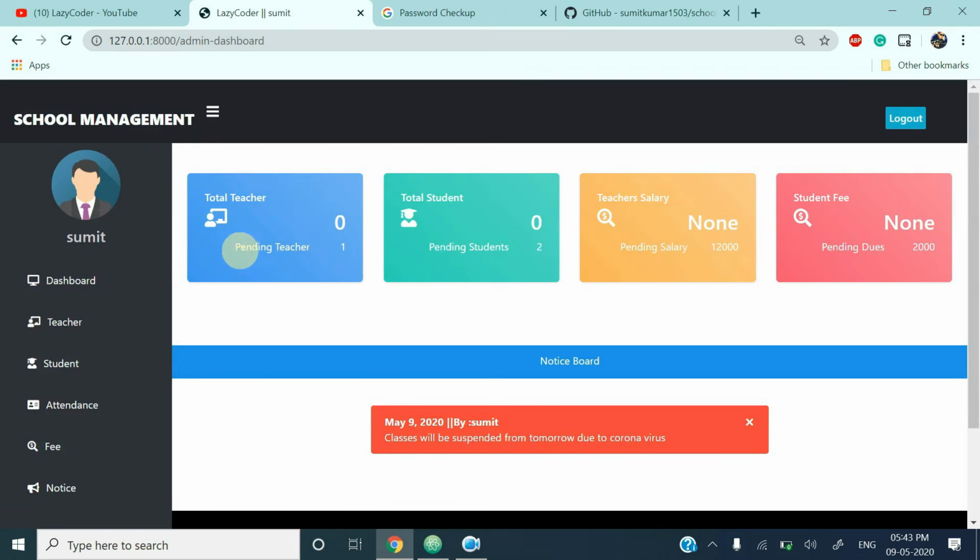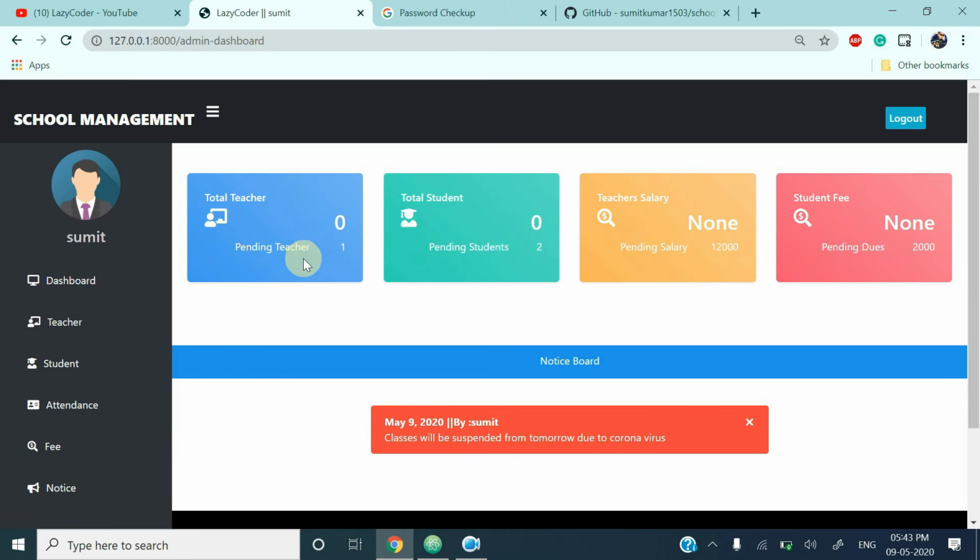You can see that here it is showing pending teacher 1, that is Donald Trump, and pending student 2 because we have added 2 students, and pending salary 12,000, the expected salary of the teacher, and pending dues, that is 2000, 1000 of Sumit and 1000 of Subham.